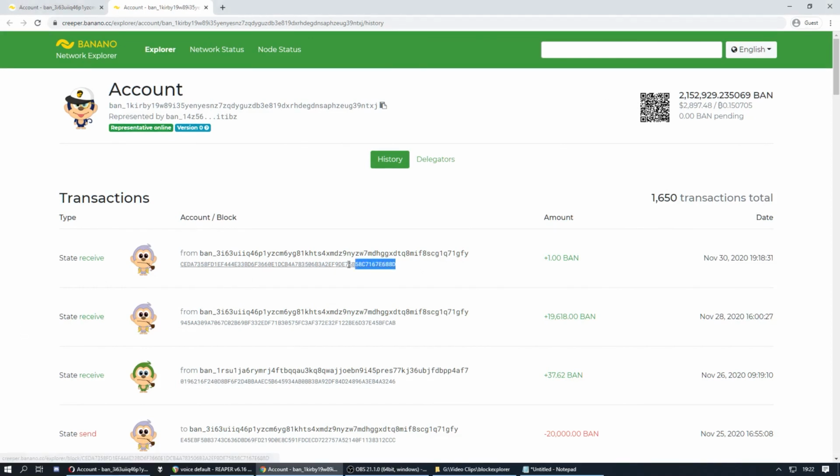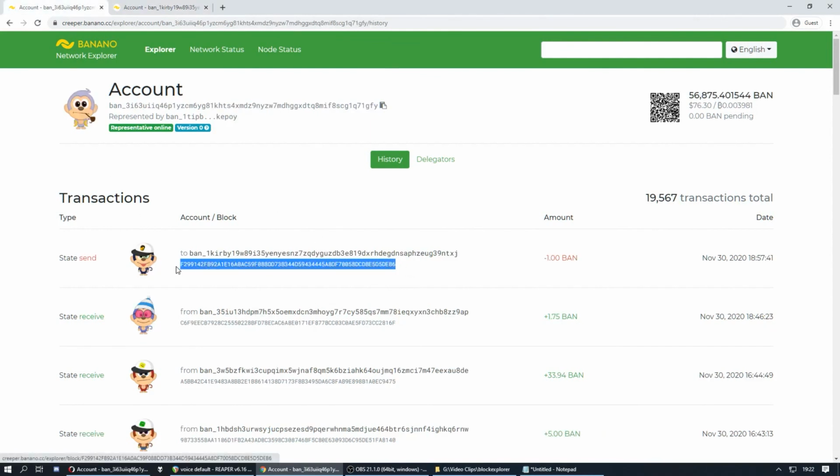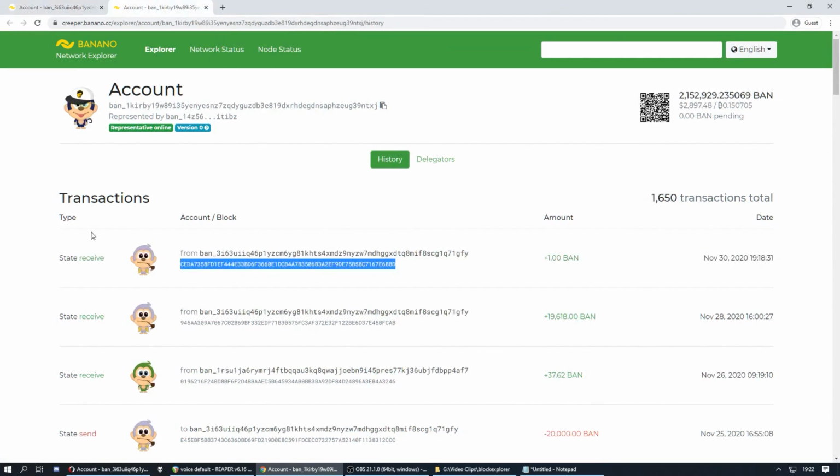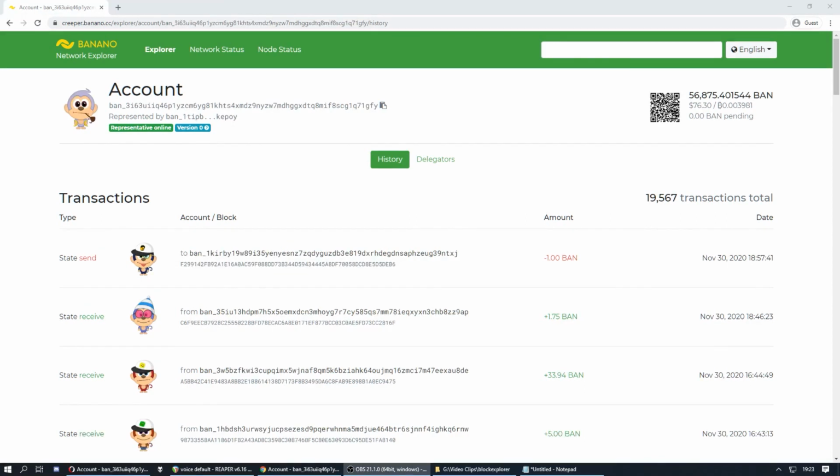Notice how the block hash in my personal address is different to the block hash on my tipbot address. And notice how the times are different as well: 1857 versus 1918. Now back looking at my tipbot address, if I click the hash, I can see all the information attached to